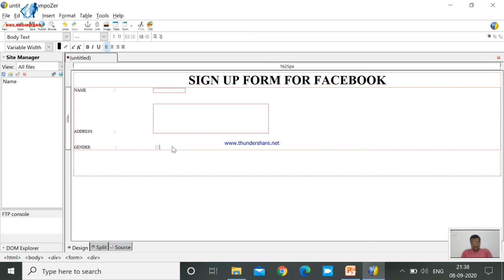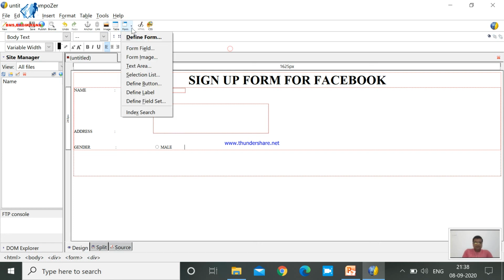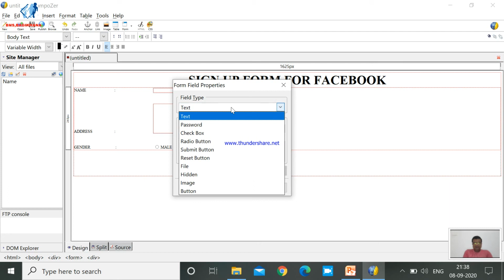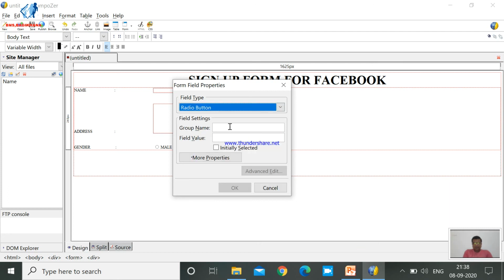After giving OK, you can write that the first radio button is used for male, and then select another radio button from the same form field properties. Click on radio button, write the same name. Students, be careful here, whenever you use a radio button, the group name should be common for both.